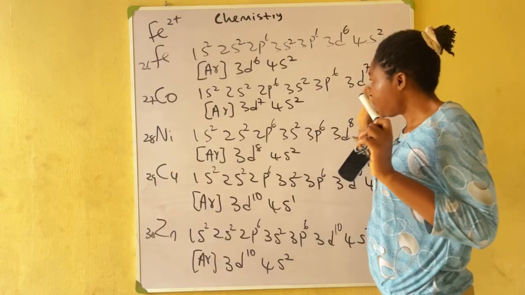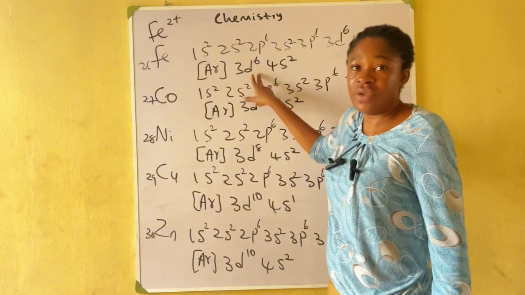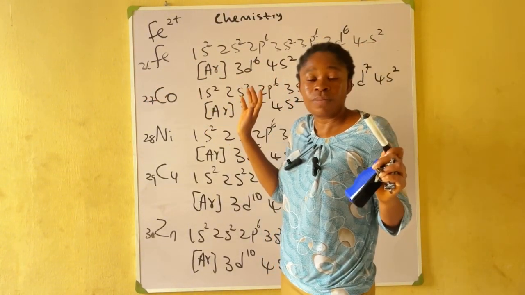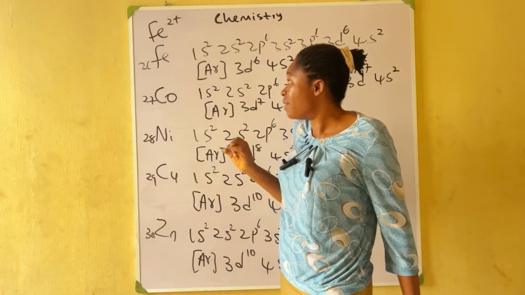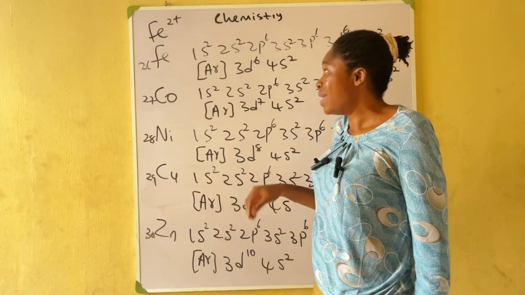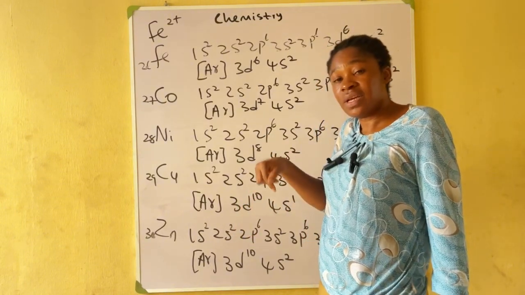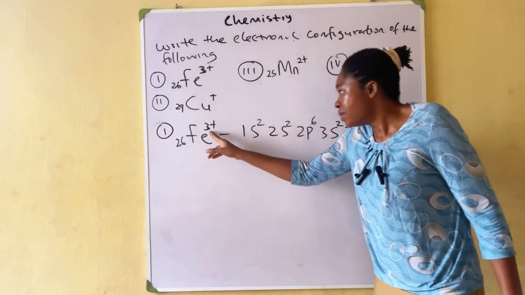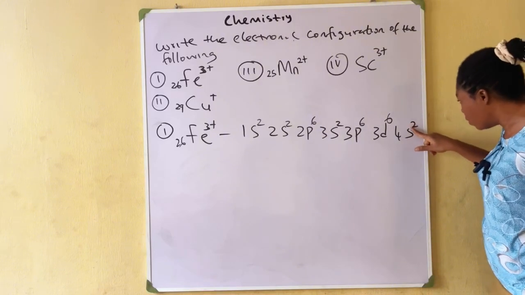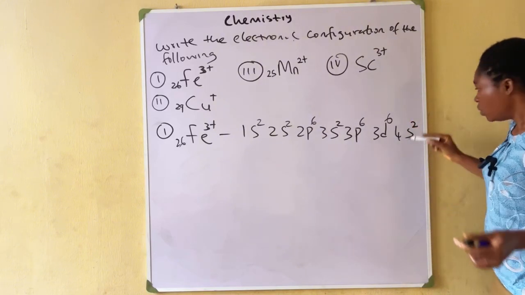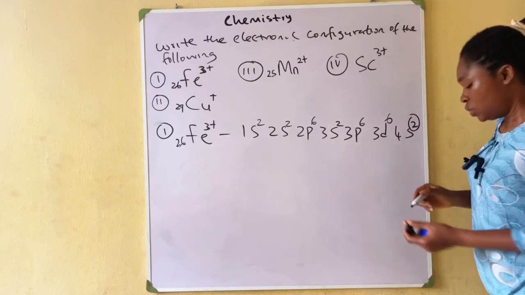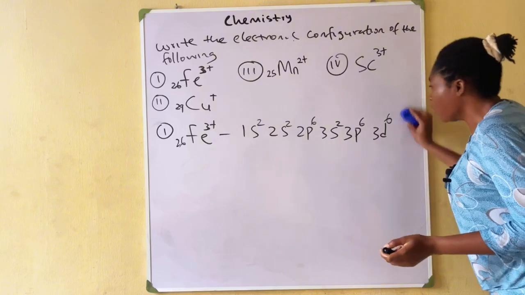So don't make the mistake of removing from the 3d first. You get it wrong if you just do 26 minus 2, 24, then draw the configuration of 24 including 4s in it. For iron 3 plus, you're going to lose 2 electrons from 4s, and 1 from 3d. So the correct configuration for the iron 3 ion is